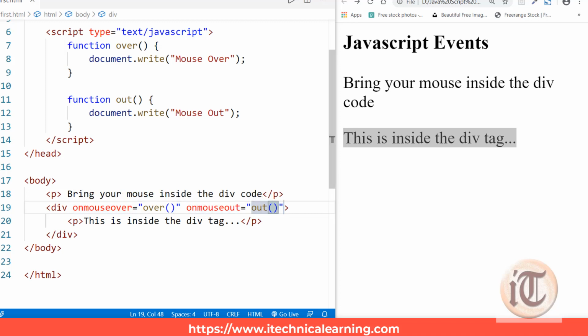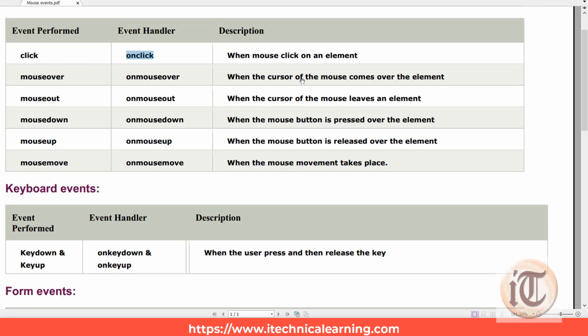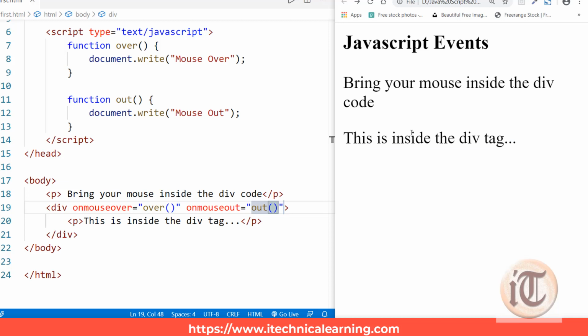Onmouseover means when the cursor of the mouse comes over the element, and onmouseout means when the cursor of the mouse leaves an element. So when I put my mouse over this element, it should perform something. If I go over, it will say mouse over, and if I go outside, it will say mouse out. Then I save this code and refresh it. If my mouse cursor is here, it is not performing anything.